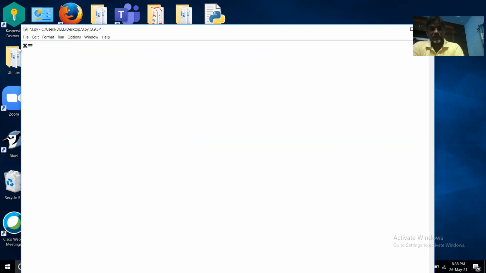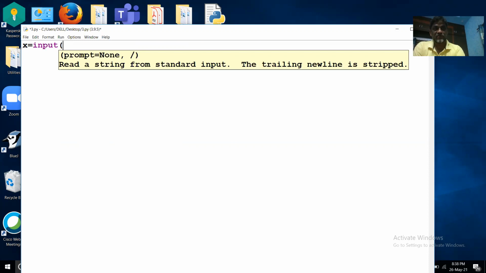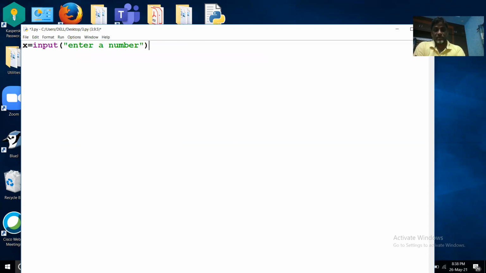So let us say I'm using int of input of enter a number. Because the user enters a number which will be taken as a string, I just want to convert it into an integer. So I will simply convert it using the int function, int of